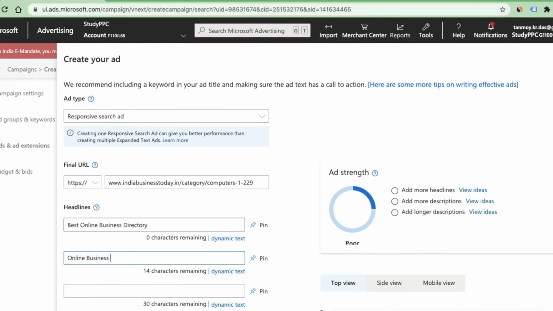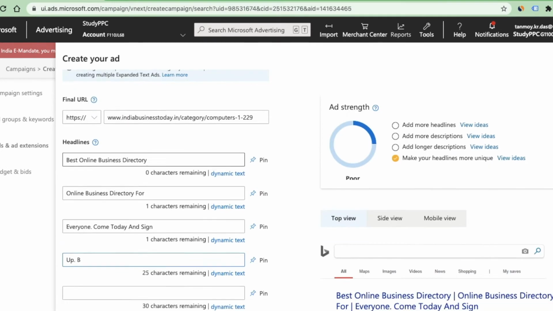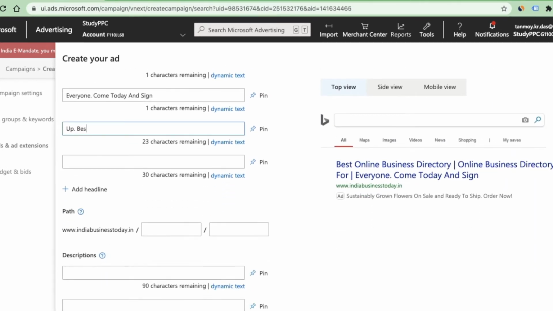One by one, you have to provide as much information as you can for the business. Provide as much information as you can for the best performance of the ad.